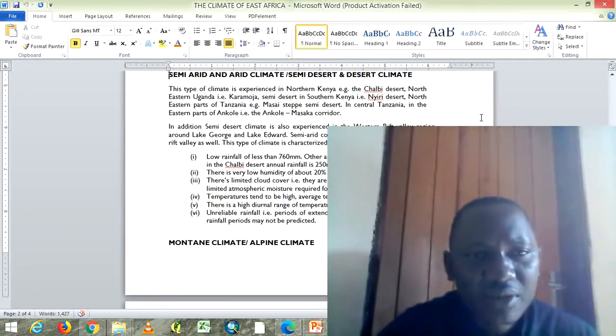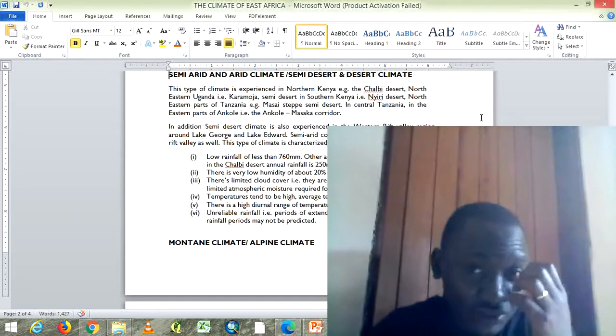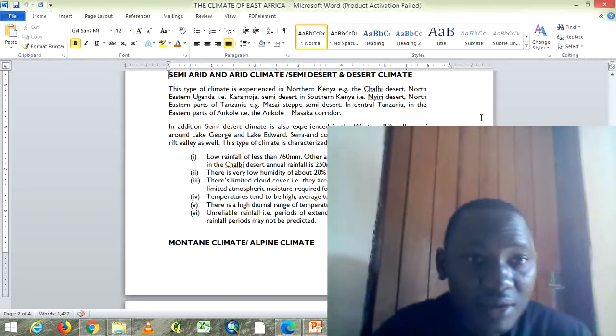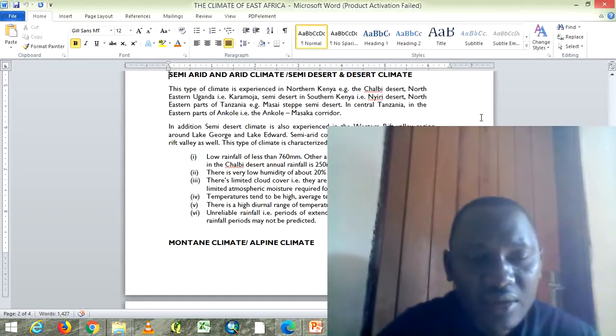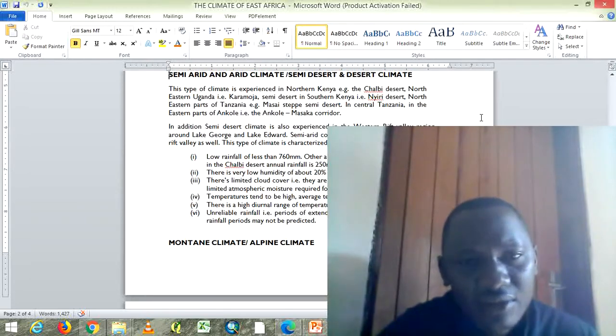In addition, the same desert climate is also experienced in the Western Rift Valley region around Lake George and Lake Edward. That region within the Rift Valley also experiences it. But of course, that one of Lake George and Lake Edward is as a result of the rain shadow effect